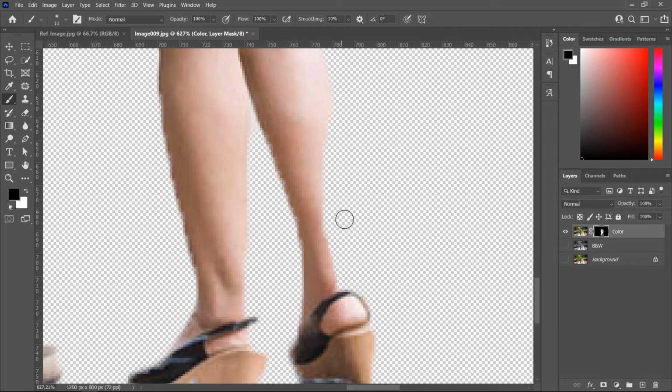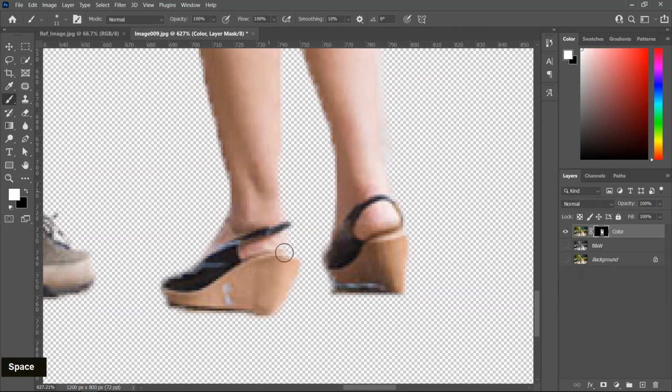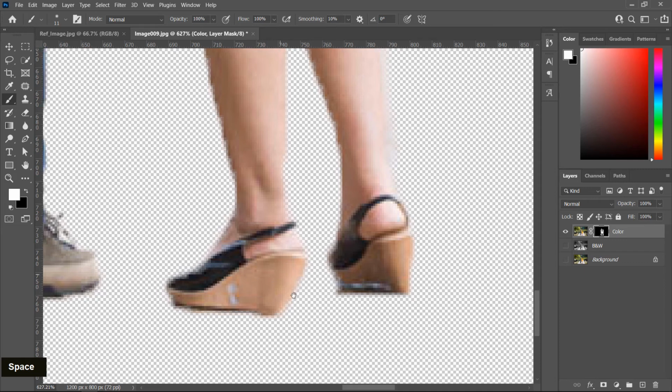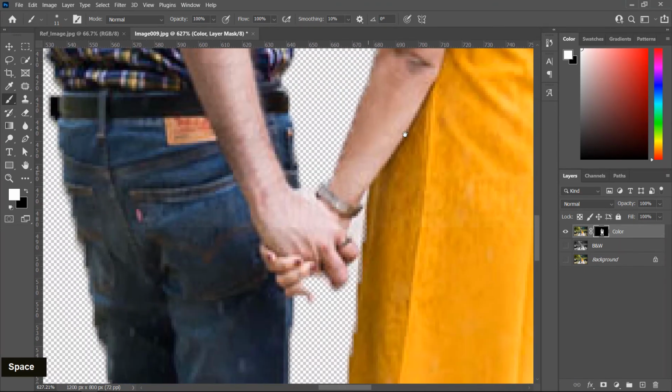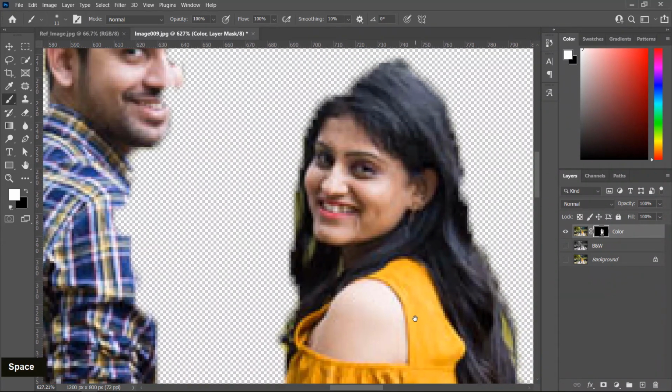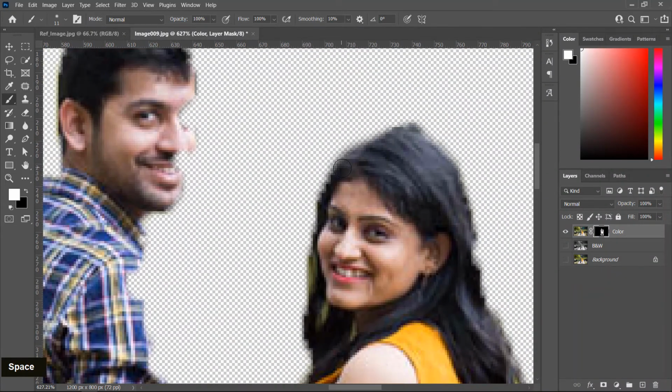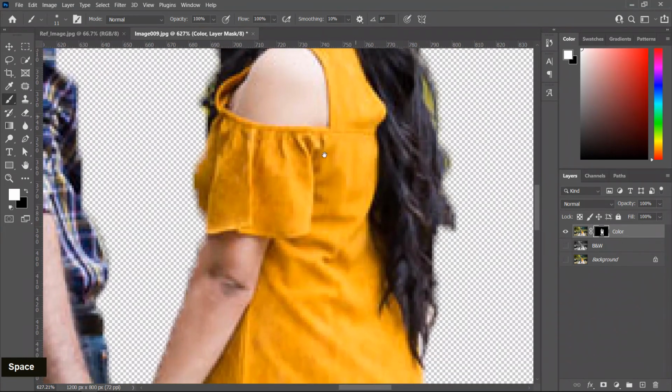We have to paint this area with the white color, so press the X key. When you press the X key, these colors will swap and start painting. Okay, so you can fix these problems by using the brush tool.